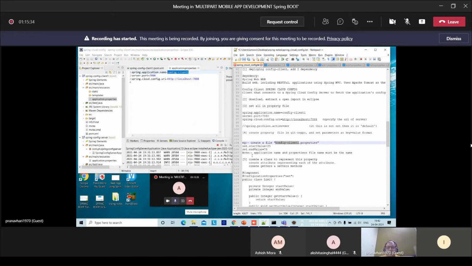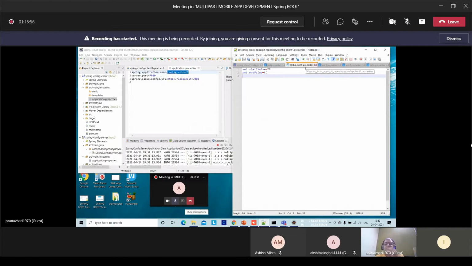That is why I have written here the note: application's name and properties file name must be the same. That is why the properties files we created earlier, test1 and so on, are not going to be useful for us. So I created a new properties file whose name is config-client1.properties.